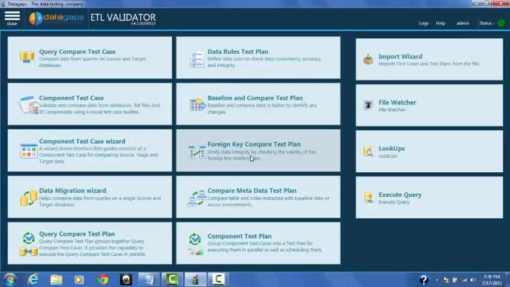Foreign key, as the name indicates, is specific to referential integrity. The compare metadata test plan is designed to be able to compare only the metadata between two environments. Right? It does not do anything at the data level, but only at the metadata, the column, names, tables, indexes,